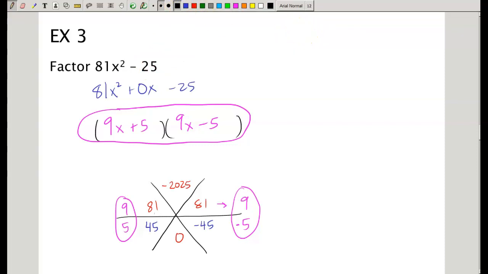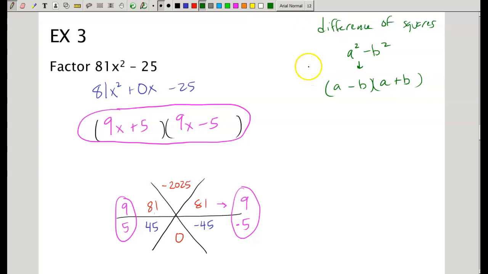Whenever you have the difference of squares, meaning some perfect square minus another perfect square, this can always be factored as a minus b and a plus b. This always works. And so, another way to do this problem,